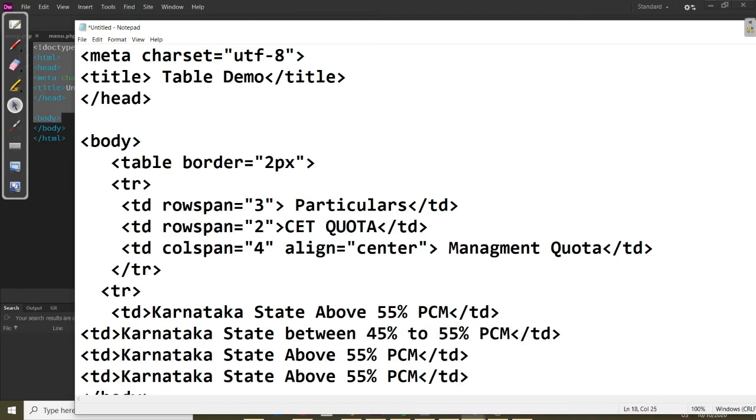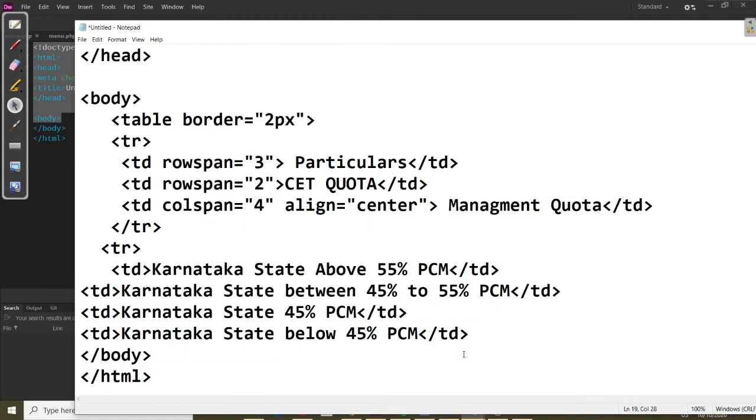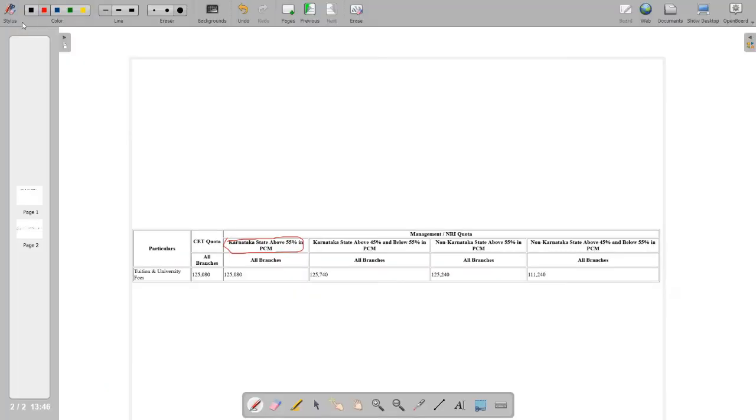Okay, this is the below, otherwise you can write here 45% only, and this is the below 45% you can write, right? So this is the fourth data, that is the second row, done. Then close the TR, right? Now the second row is done.